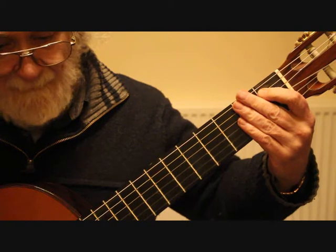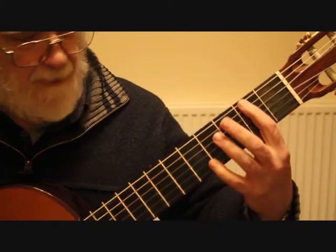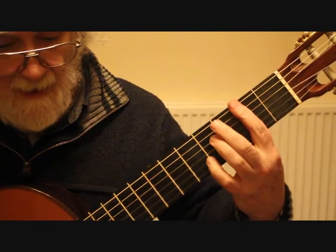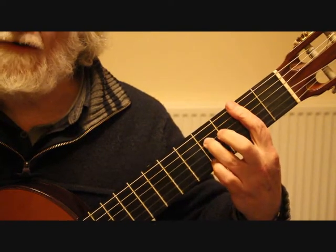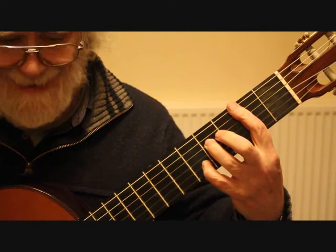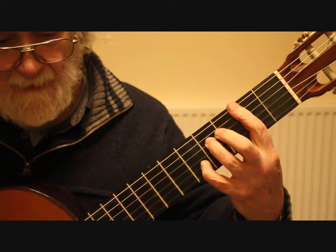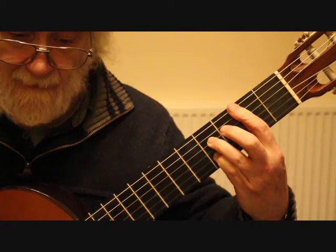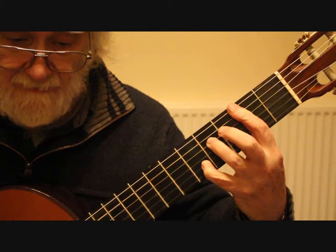And bar 7 again is another one of the problem bars in this piece. We need a full bar chord at the second fret with the index finger. The third finger lands on F sharp on the fourth string, and we have our little finger on the second string, fifth fret on E, giving us a chord of B suspended fourth. And then that little finger drops back on the fourth beat to the D sharp. So this is giving us,